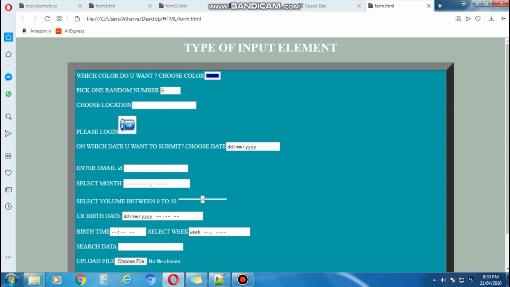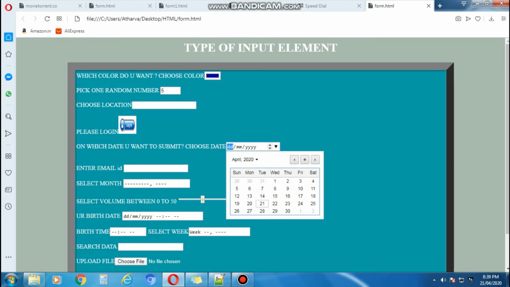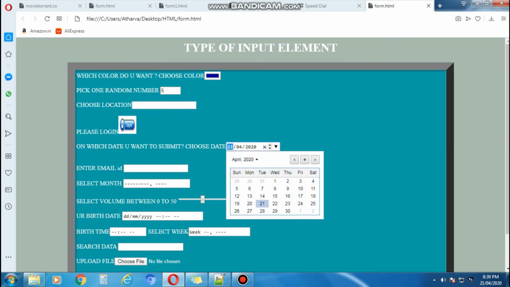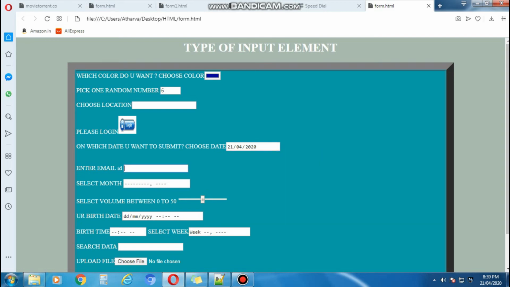Then comes input type equal to date. Here the date is seen in DD, MM, YY format. So you can see here a calendar can be seen. Okay, you can select from the calendar. Now this is input type equal to email.